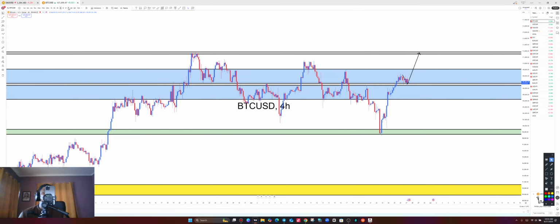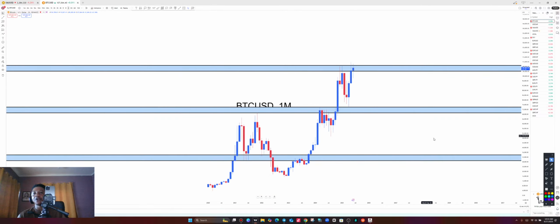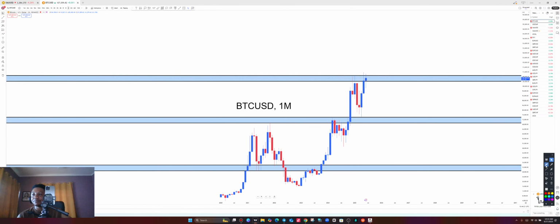All right, so BTC USD. Let's take it all the way to a monthly. This is the monthly time frame of Bitcoin or BTC USD. On the monthly time frame for BTC USD, we have the upper, the mid range, the lower. Price is in an uptrend on the monthly time frame. This is a push to the upside. This was a higher high. This was a higher low. This is also another higher high, another higher low. We are going all the way to the upside.